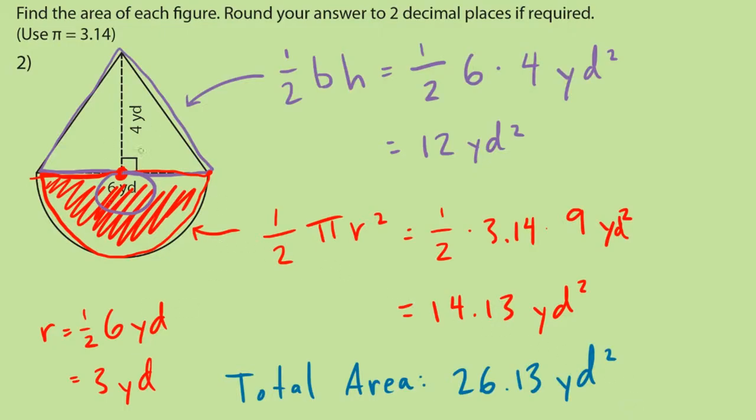Now we are going to be doing this next part. So this is a straight calculation. We don't have to cut it in half or anything, because we're just calculating the area of a plain old triangle. So let's finish this off. This is going to be 1/2 times, well, the base is 6 yards, so we've got 6 yards times 4 yards, and that's all going to be yards squared, because that's the unit that we use for area. I can do this in my head. I know that 6 times 4 is 24, and 24 divided by